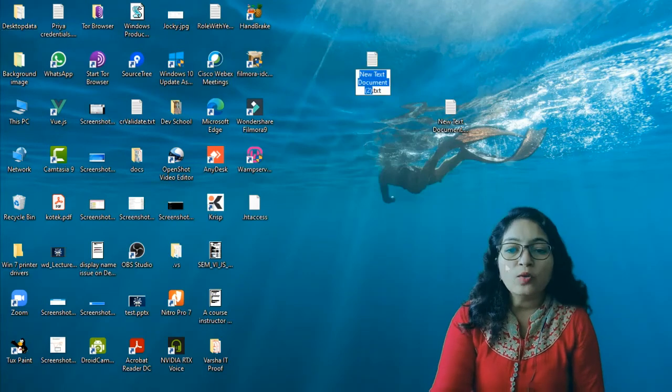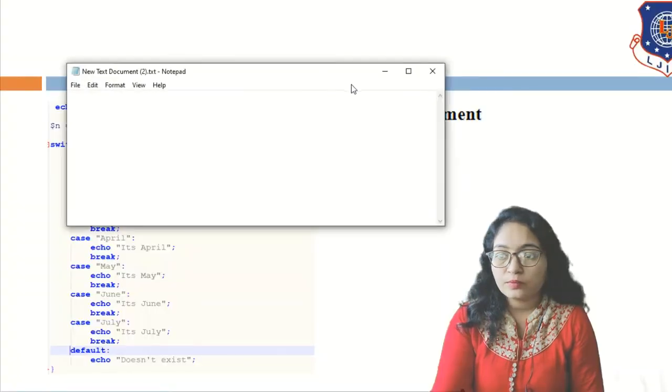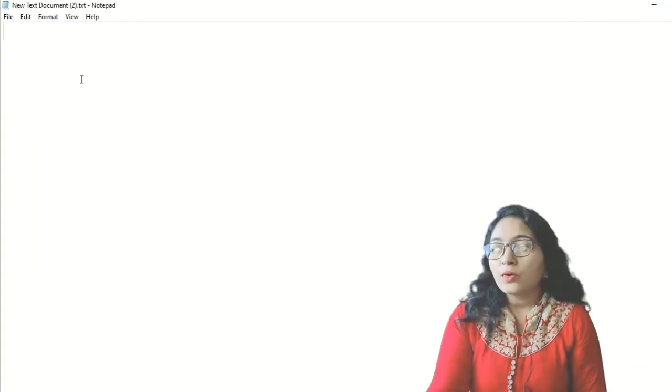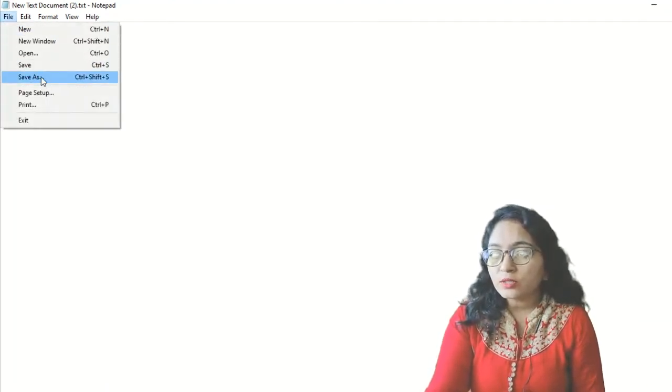Okay, here you have to select this text document and you have to open it. Just a second, it will take time. Okay, you have to open it. Then here you have to save it.